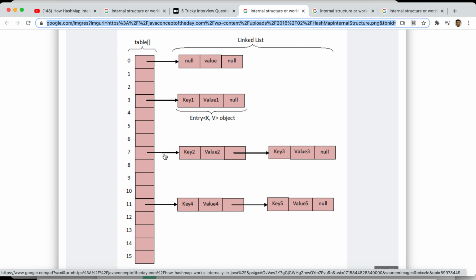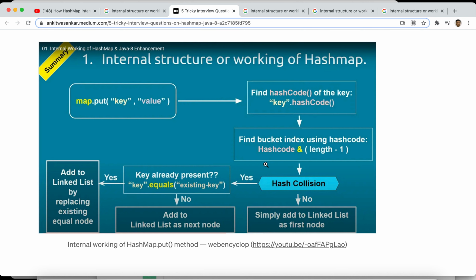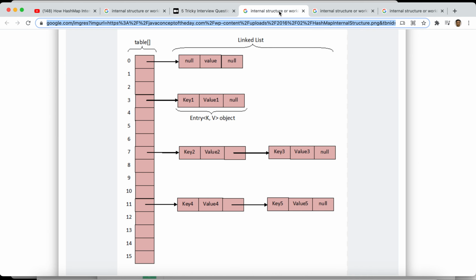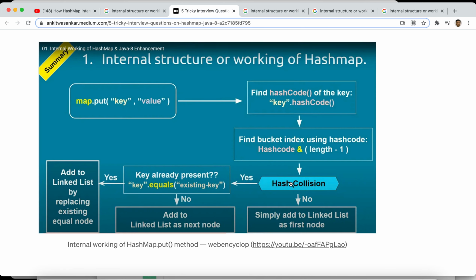The next time we put another value, we get the same index 7 again. In that case, that is considered a hash collision. So we follow this condition.